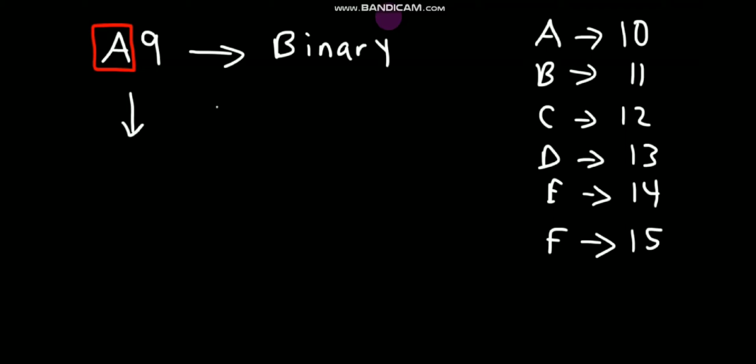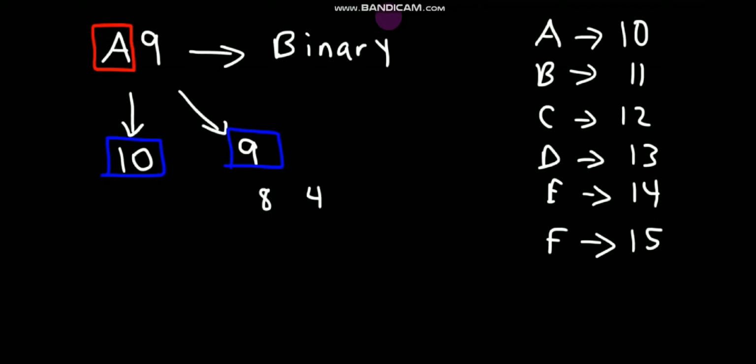Now we will not multiply by the powers. Here the conversion is slightly different from that. So we will write A as 10, and the second number is 9. It is a hexadecimal number, so we will represent this number in binary. In hexadecimal, we remember that we are considering 4 bits, and we write the 4 bits with 8421.